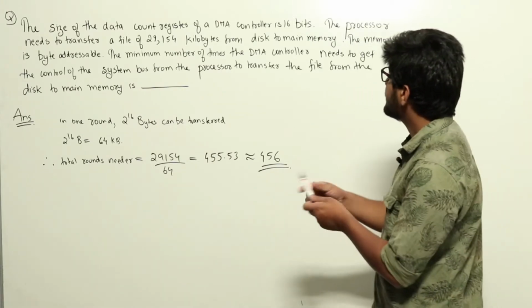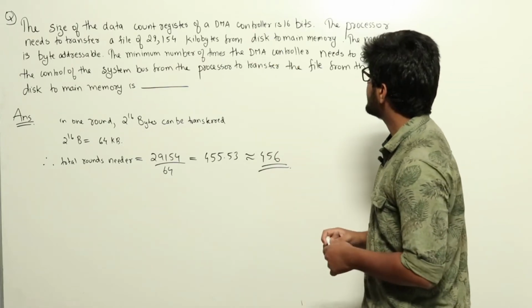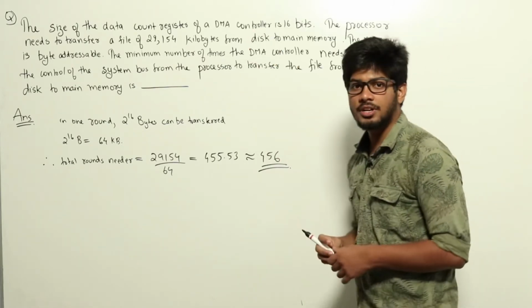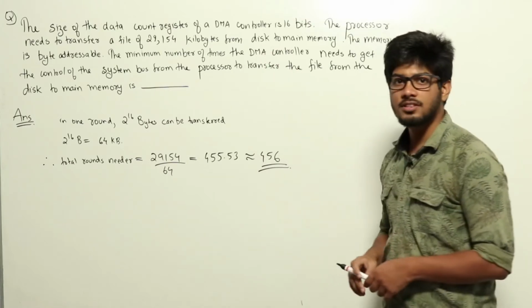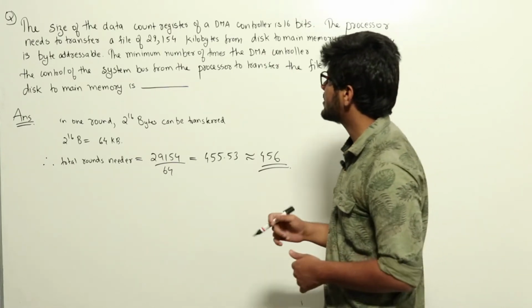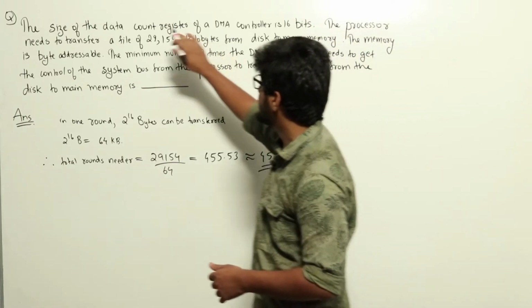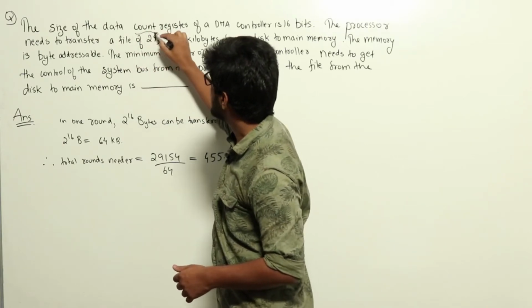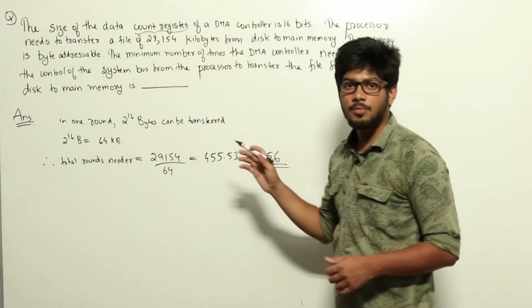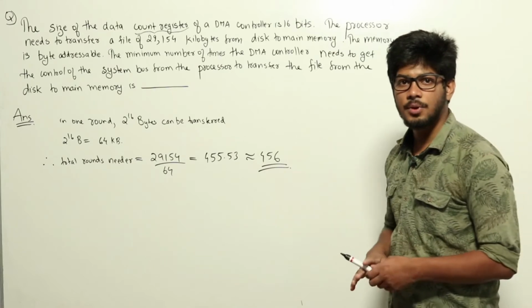Here they haven't given us any details about the mode of operation of the DMA. So we will be assuming that the DMA is operating in burst mode. In burst mode, for each byte of data transferred, we have a count register. In the count register, there will be a count of how many bytes of data are to be transferred,